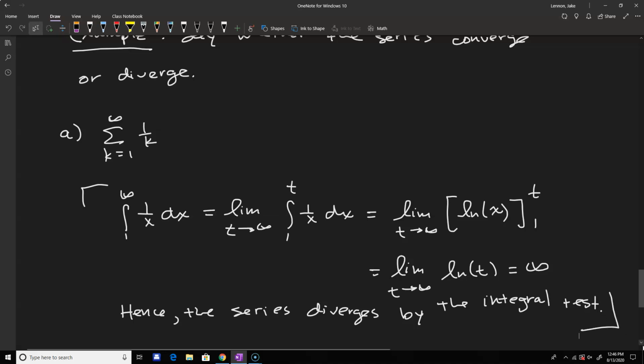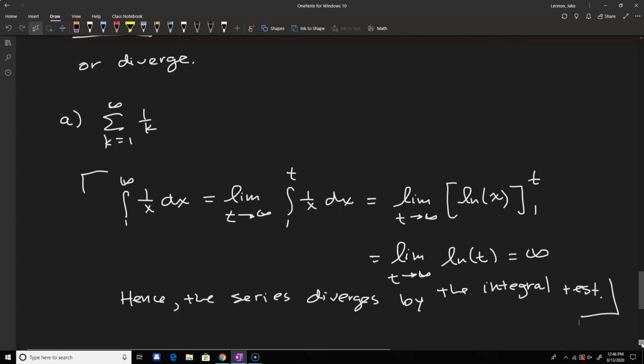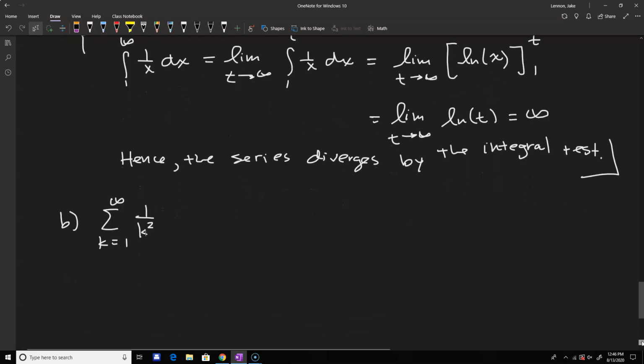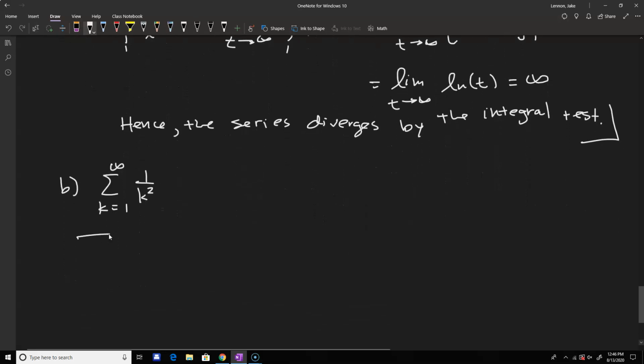So let's look at the other one, the one that we saw that converged, and show that that does the same. So B, let's look at the series from k equals 1 to infinity of 1 over k squared. So let's see. We're going to compare this again with just y equals 1 over x squared. So we're going to look at the integral from 1 to infinity of 1 over x squared dx, and this is going to be the limit as t goes to infinity of